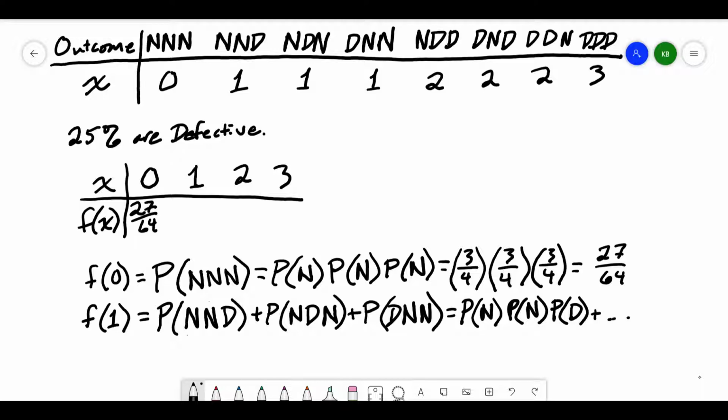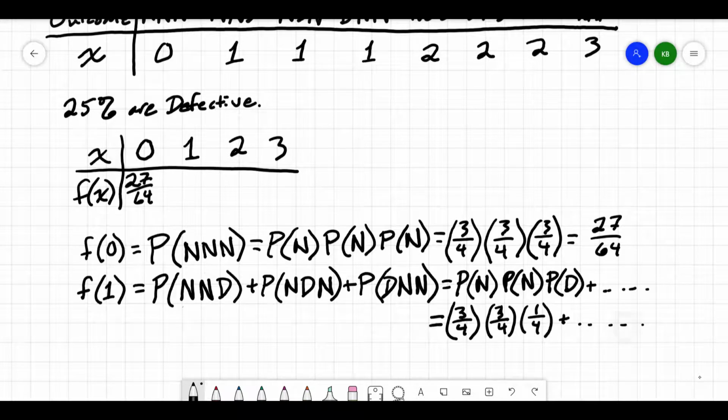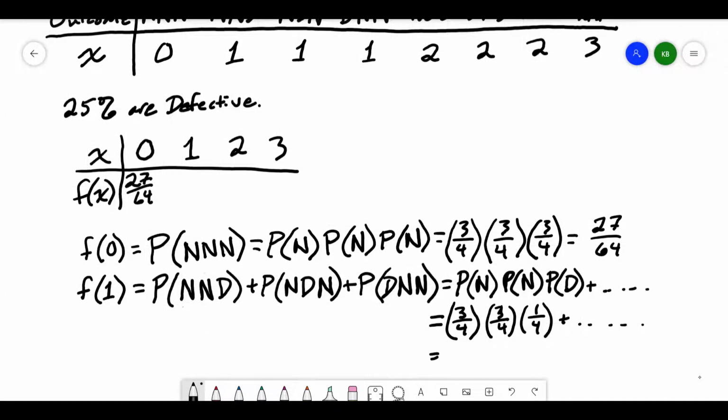And I can do the same thing for each one of those. So this is going to equal the probability of non-defective was 3/4, or 1 minus my 1/4. And the probability of defective was 1/4. So if I multiply this, I'll be doing this for each one of these, just in different orders, right? So if I multiply this, I end up with